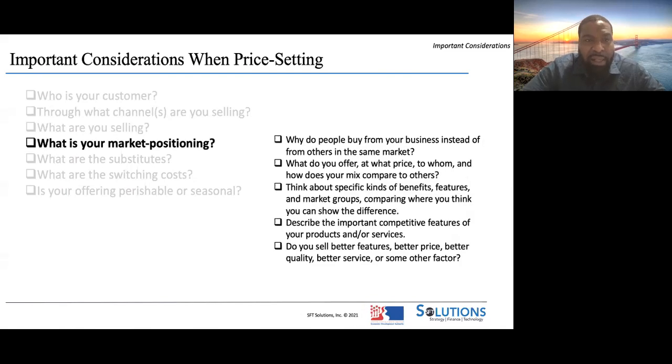Then it's also important to understand where you play in the market that you're operating in. Are you the high value provider? Are you the low cost provider? Why are people choosing to do business with you instead of your competition? I think we all have to take a hard look in the mirror and figure out where we compete in our marketplace. One of my previous bosses used to say, you're either cheap, good, or quick, right? You either have the best product, you have the lowest price, or you're the most convenient to do business with. So we all as entrepreneurs have to figure out which one of those we are and maximize that, because that is the value that we add.